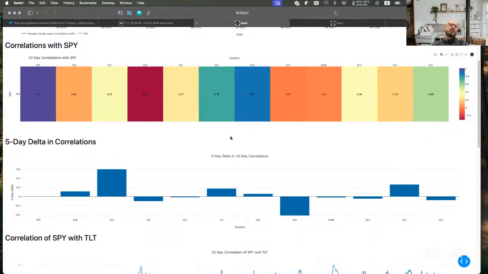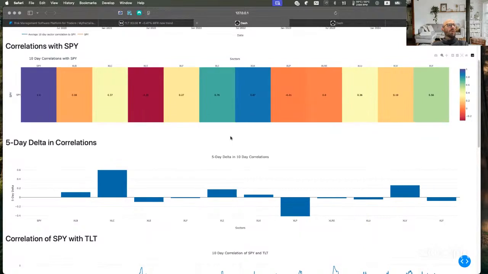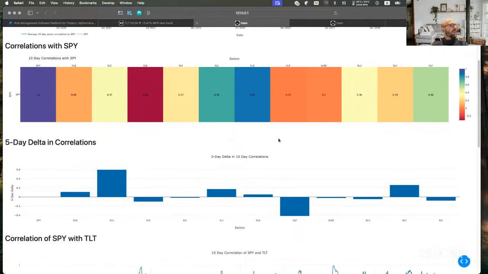If average correlations of these defensive sectors to SPY would be way above the normal values, and I will give you an example. For XLU, it would be like 0.7. If you see XLU correlation of like 0.7 in a 10-day or longer periods, I'm not talking about 5 days here, but in 10-day or longer periods, if you see 0.7 and it's breaking well, yeah, it could be a good warning sign, but now it's not.